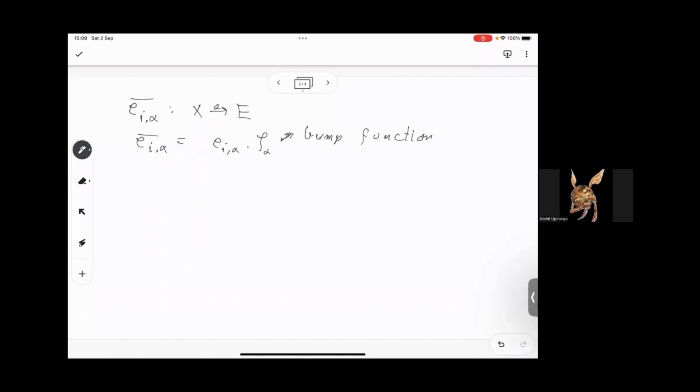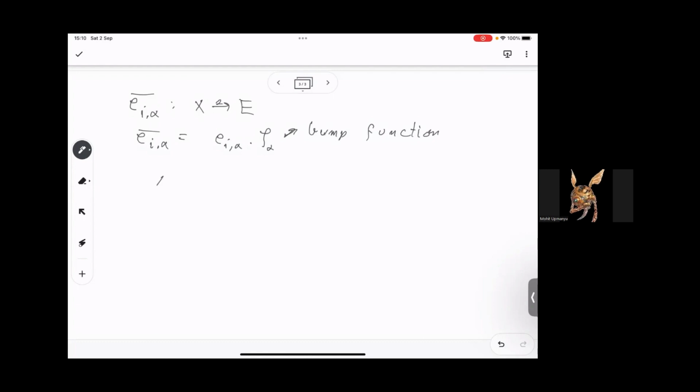So these functions were like one on, say, a compact subset, and then they taper off to zero outside of U, right? So by multiplying with this, we can just extend the whole section to X. And now what we do is we look at this function X cross W to,